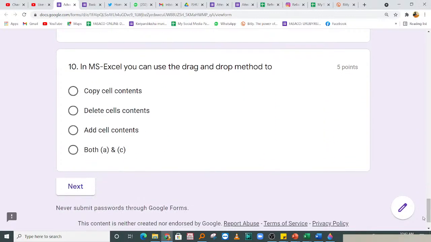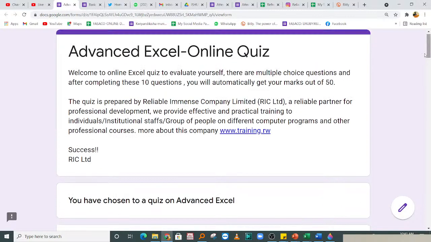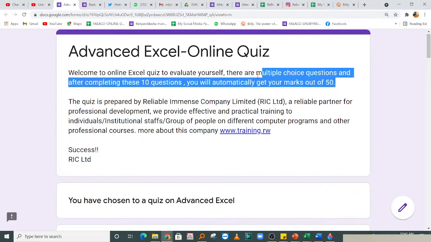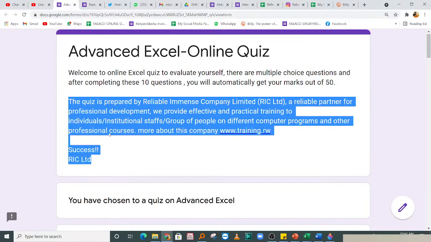The last one is Microsoft Excel. You can use the drag and drop method to copy cell contents, delete cell content, add cell content, both A and C. Then you click next to enter your names, you submit. This is what you are going to do from 11 a.m. to 12 p.m. Please think about it before you start working on it. So getting few marks is not a problem, but you have to strive to get more marks,